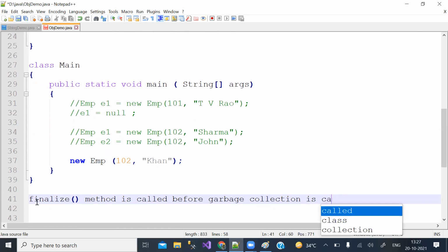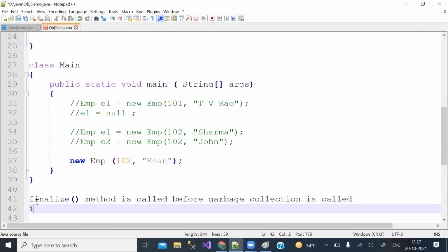It prepares unreferenced objects for garbage collection.